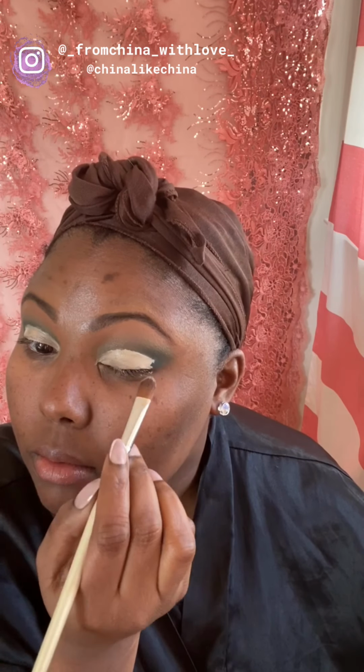So like I said, we're gonna make that nice and smooth and even, full coverage. Patting that out with our large concealer brush. Just try to get the shape right, and even on both sides. And now we're going in